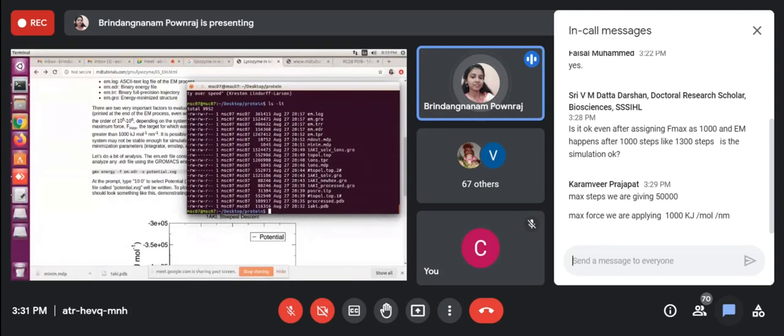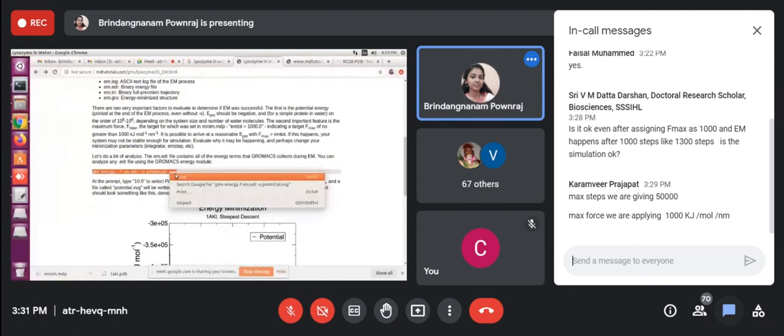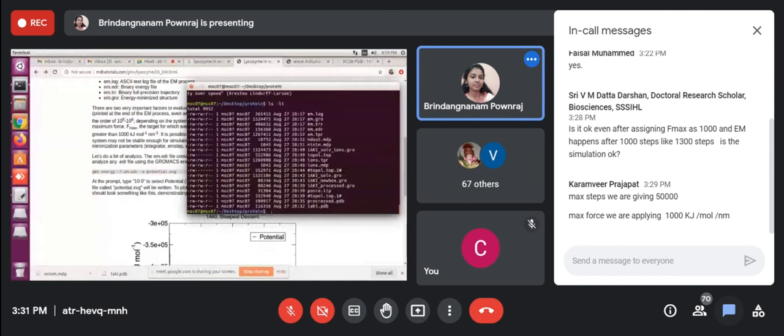So before running XMGrace, we have to make an XVG file. Only XMGrace can understand the XVG file, so I have to generate it. Here I'm going to plot the potential energy only, to see how it went from where to where.